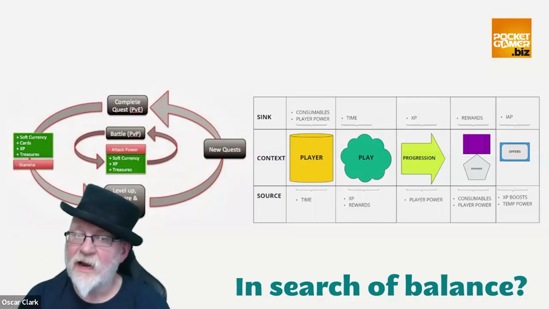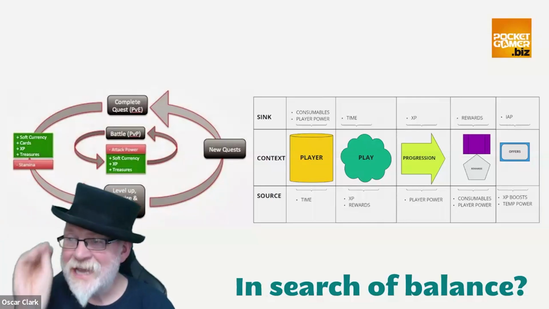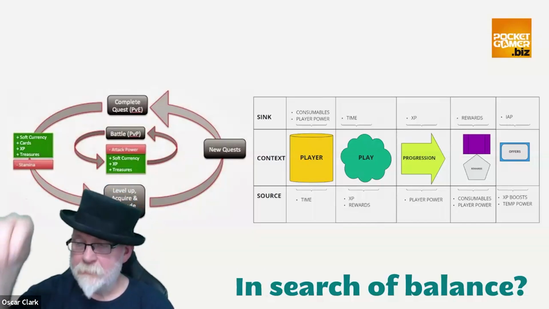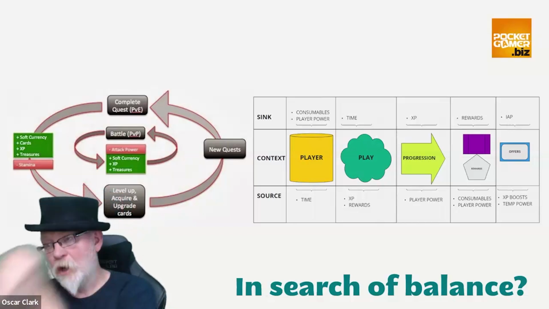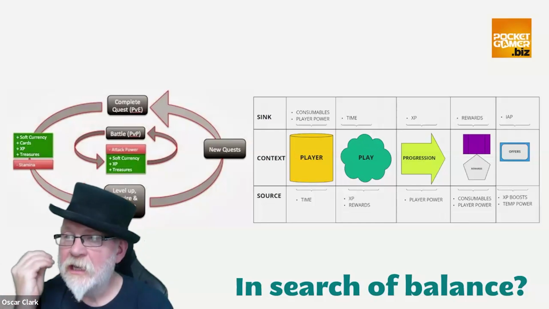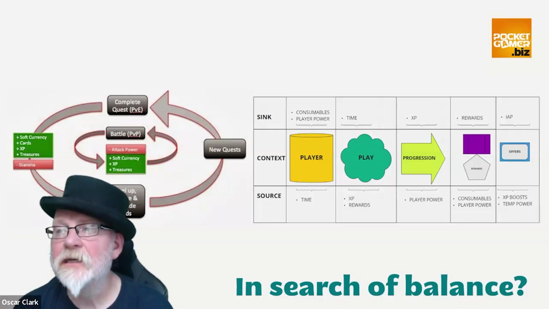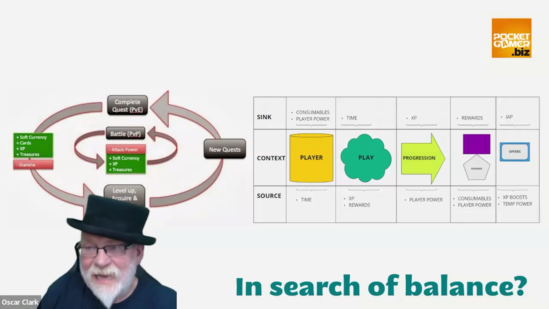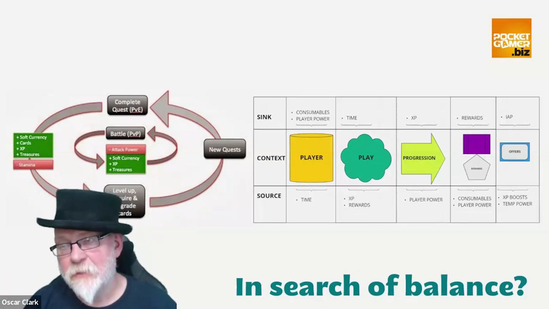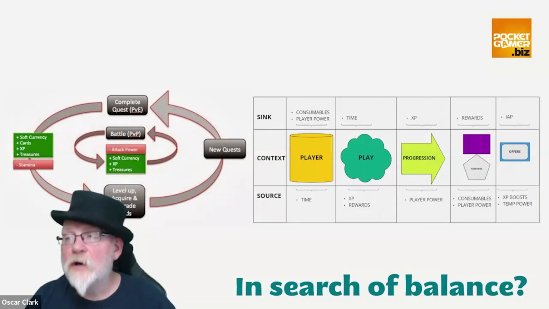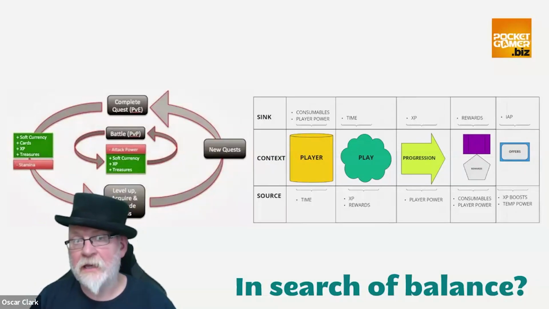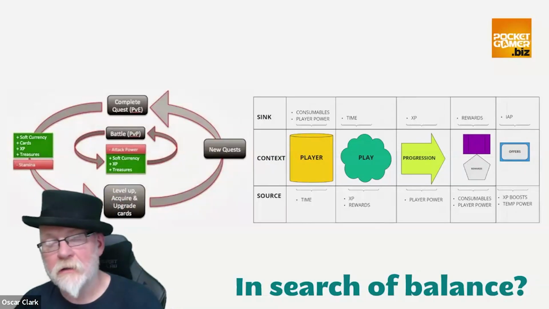In the Masterclass Interactive, we're going to do an exercise where we take a game, you decide what game, and we try to identify what are the points that you're going to have in a game, which can be going in or going out. And understanding that flow is critical because if you don't have a net need to acquire additional value, you are not going to get anyone wanting or needing to spend money. But equally, if that need is so demanding, so unbalanced, that it feels unattainable through play, you're equally going to find problems. So we'll talk about balance later.